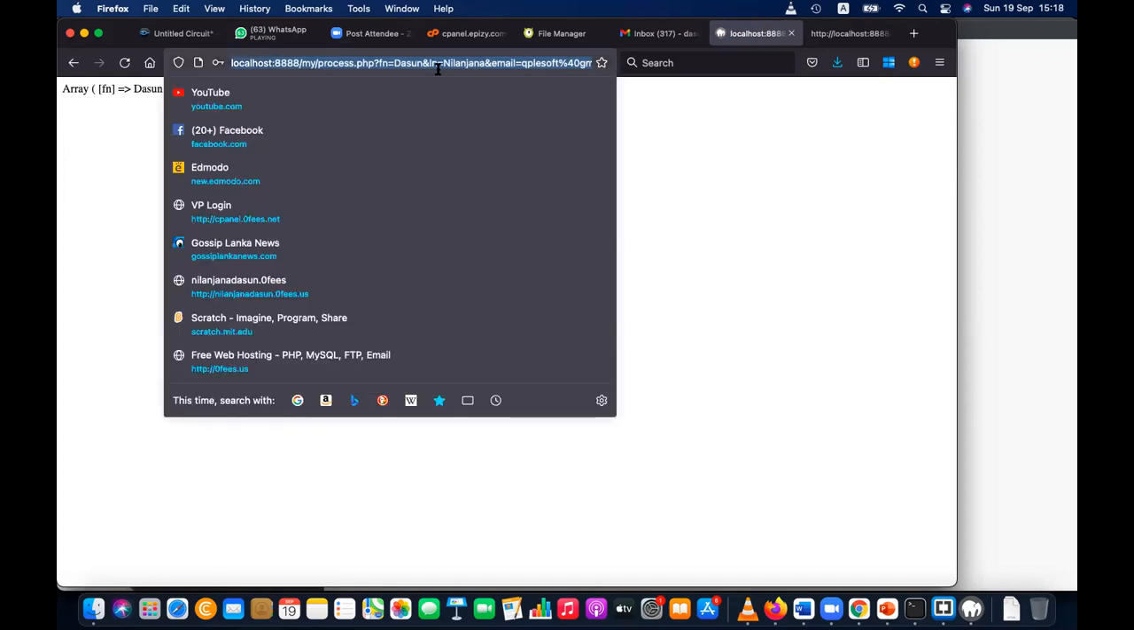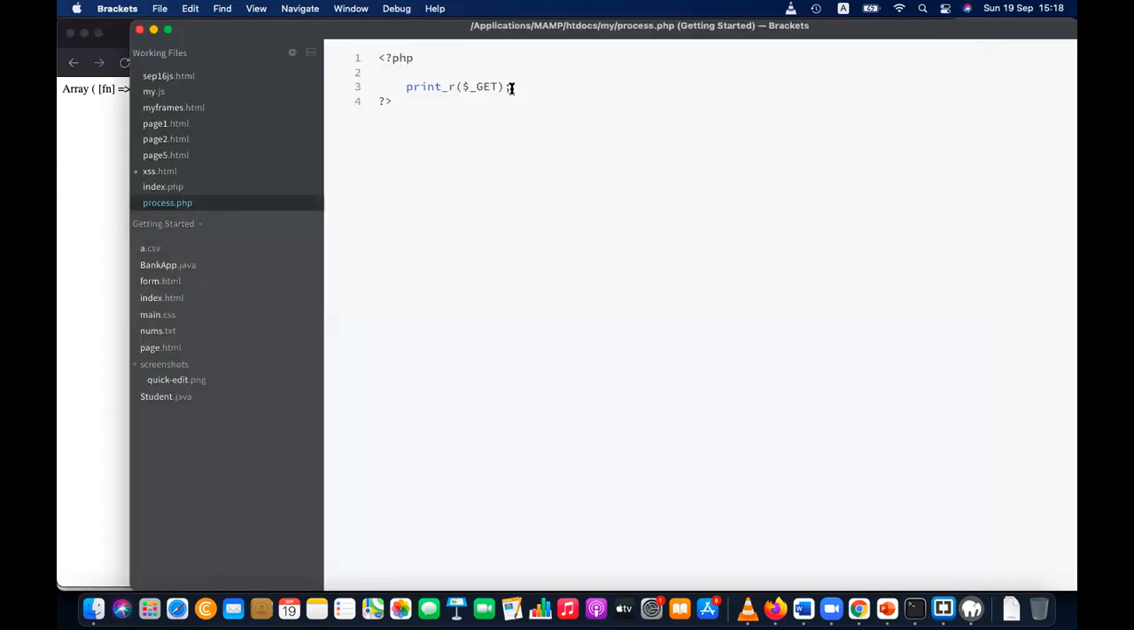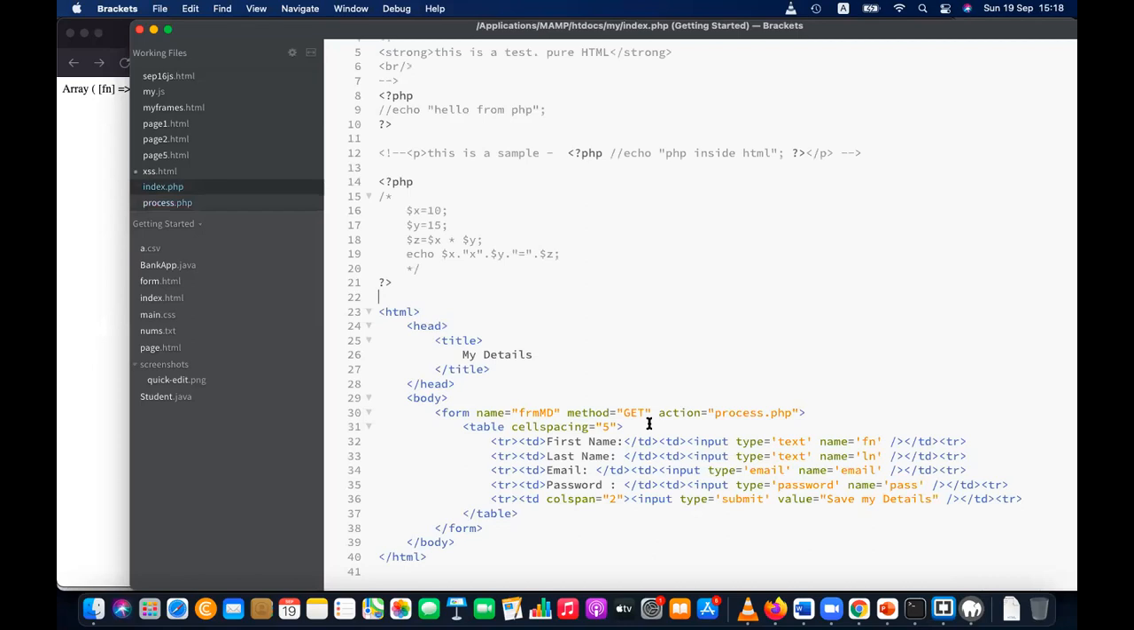And you can see in the URL also, the first name is Dasun, the last name is Nilanjana, and the email is also there, and the password is also there. That is not good, sending a password in the URL. So the GET method is not a very good method to send sensitive data. Therefore, I'm going to change this to POST, which is suitable for sending sensitive data,